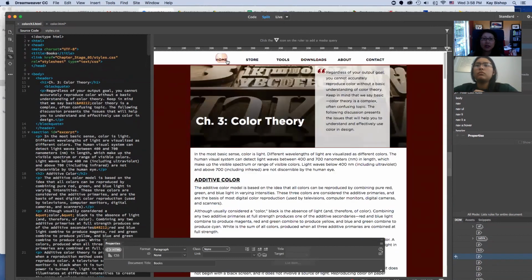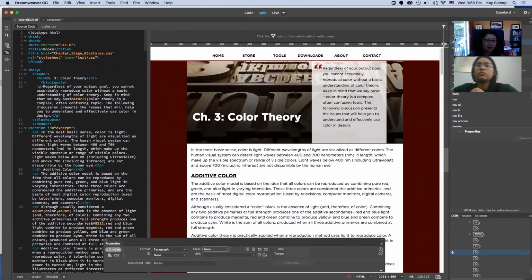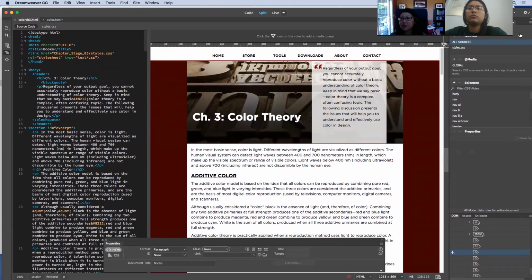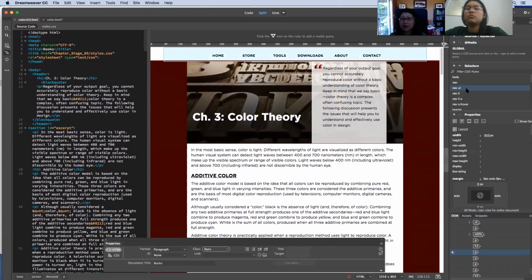So if you select your text in the navigation, and I'm going to go to my CSS designer panel and select my unordered list in the navigation, or you can select navigation list and then go to text under properties. So do you see where that is? And they're under selectors. Yes. And then under text,